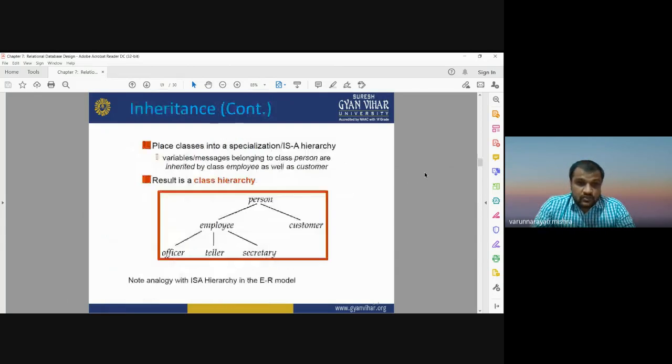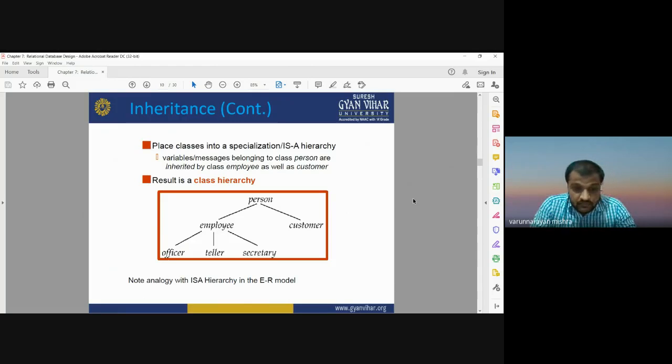This is how we can define inheritance in a graphical form. Classes are placed into a specialization hierarchy. A variable or message belonging to the class person is inherited by the class employee. The result is a class hierarchy. A person may be an employee or a customer, but if we focus only on employees, an employee may have different properties.